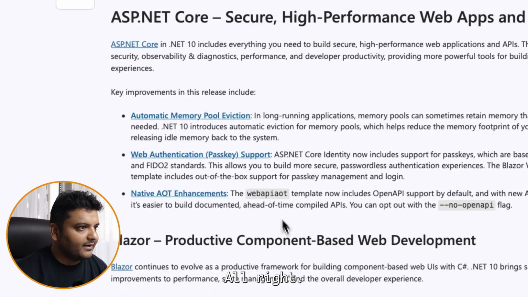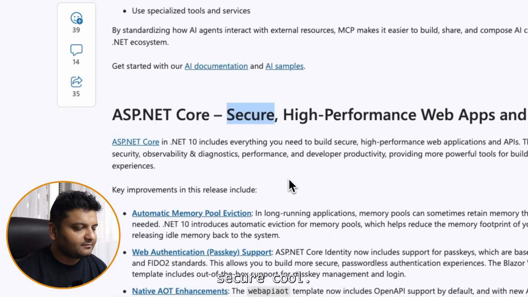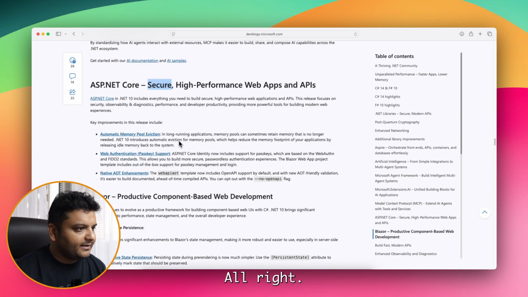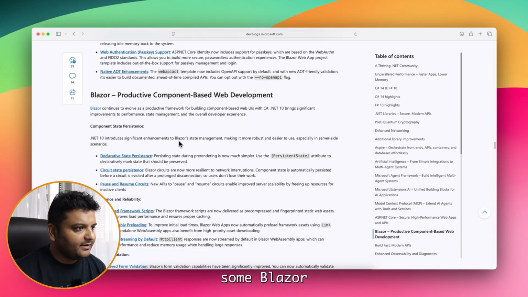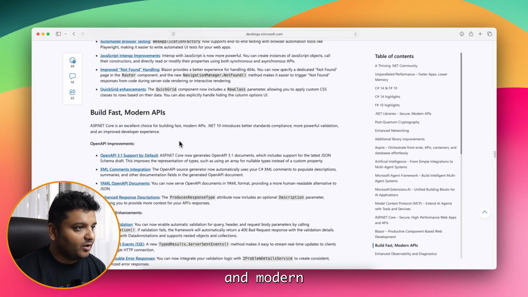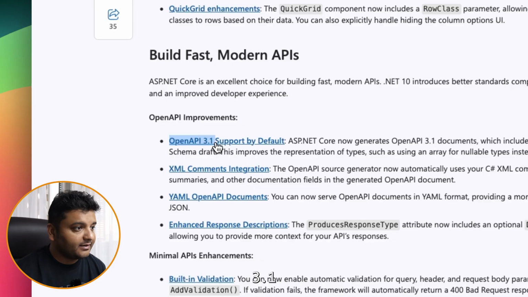Next up is ASP.NET Core, our favorite. All right, so again, secure. Cool, so we know why secure. All right, and then there are some Blazor improvements, and then build faster and modern APIs along with OpenAPI 3.1 documentation support.